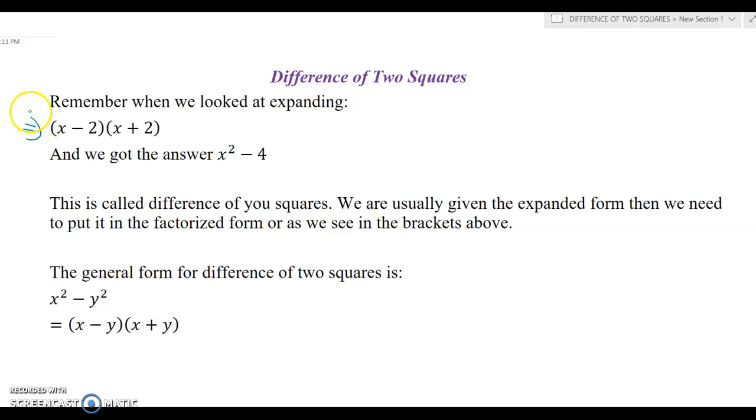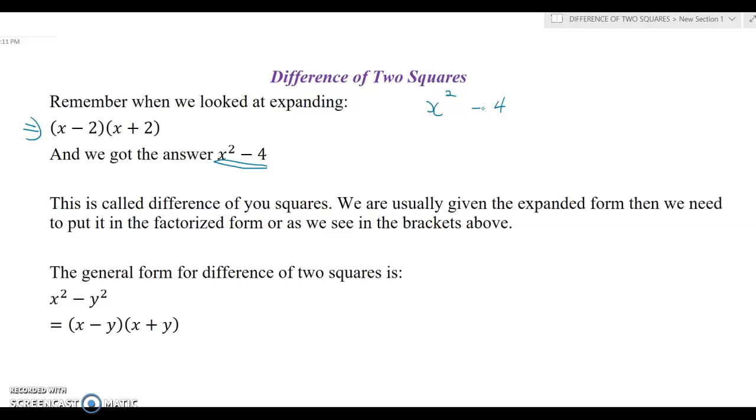We would have done expanding this in one of our previous videos, expanding two sets of brackets, and we would have gotten this answer x squared minus 4. And I would have mentioned back then that this is called difference of two squares. So usually we get the expanded version and we have to remove the brackets and simplify. But now, for difference of two squares, we are given the squared form and we need to get it in the brackets form, that factorized